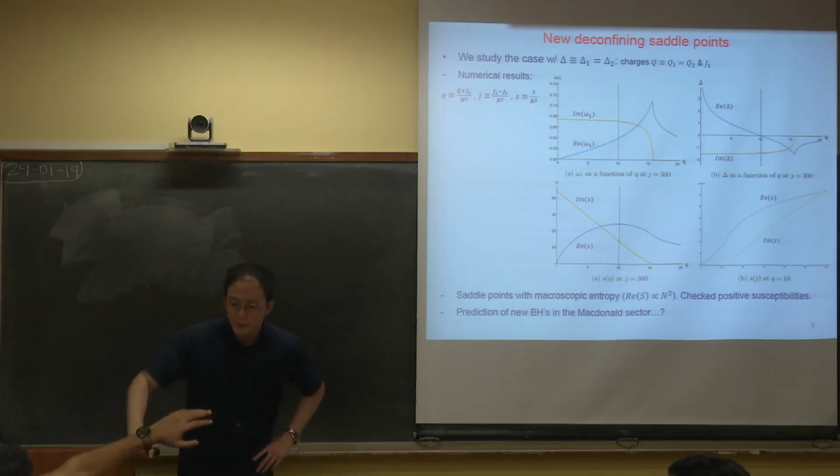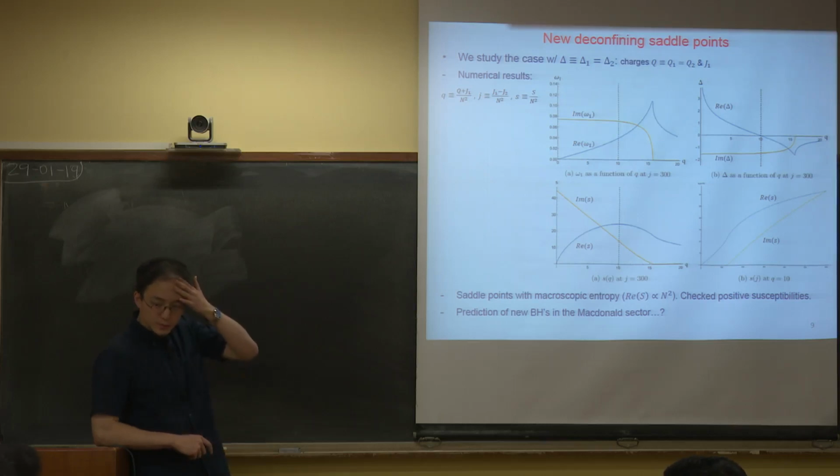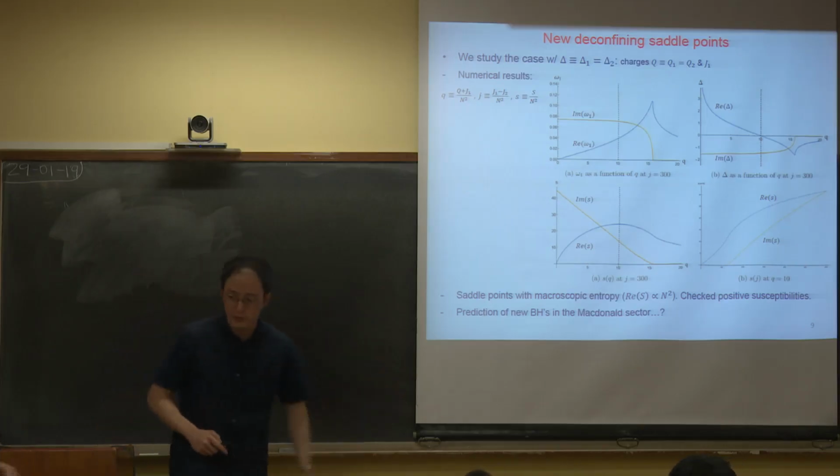So you want to claim that there's a new deconfining saddle point. You have to compare this with just the gas, in this limit, the free energy of the gas, which will be order N to the 0th power. So the fact that this free energy is negative already tells you that it's dominant over the gravitons. Yes. Well, it's natural because I'm investigating the Cardy regime, so it should be